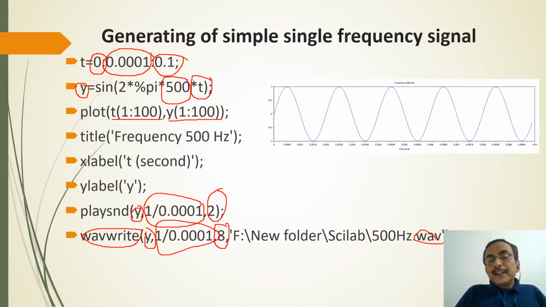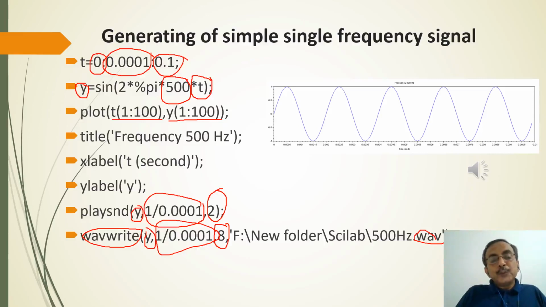This is the plot that we get, and if we try to play this tone, this is a very short duration. You can just listen to this, and you can change the frequency from 500 to 5000 hertz and then play the same thing and listen to this. You can vary the amplitude over here and then listen to this, and based upon this you can analyze how good your hearing is at different frequency ranges.